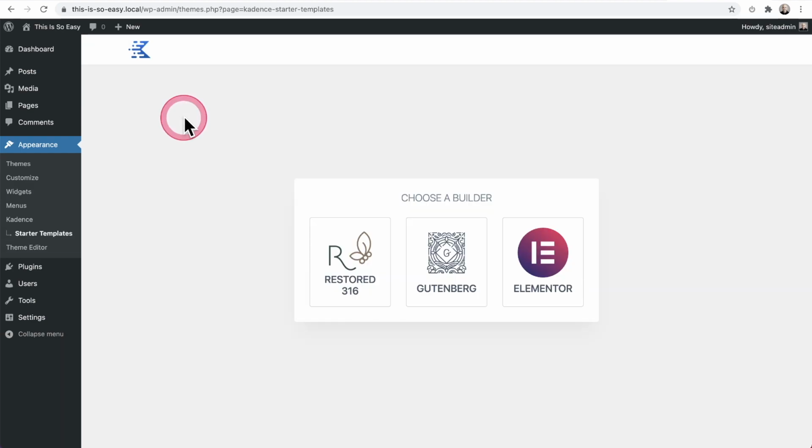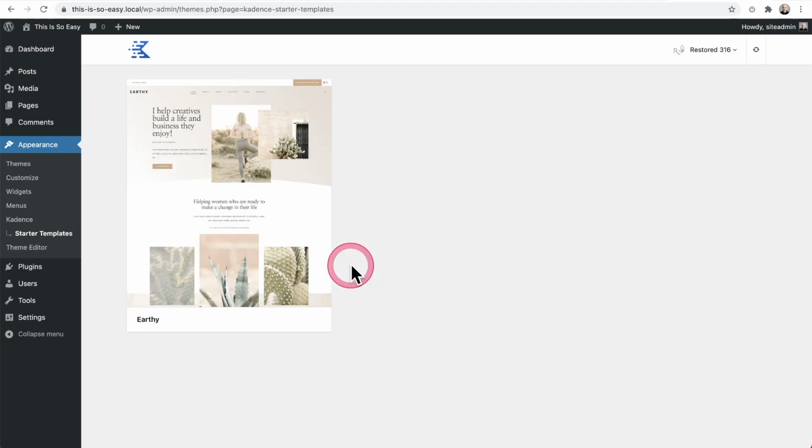And now I'm taken to a little bit different of a startup screen for Kadence starter templates. And we can see right here, the first option and a new option is from the creator that sold me this starter template. So I have her logo here. It's a completely branded experience. And when I choose this right here, I can see the design that she sold me and she created for me. And I can now add this to my website with just a few mouse clicks.